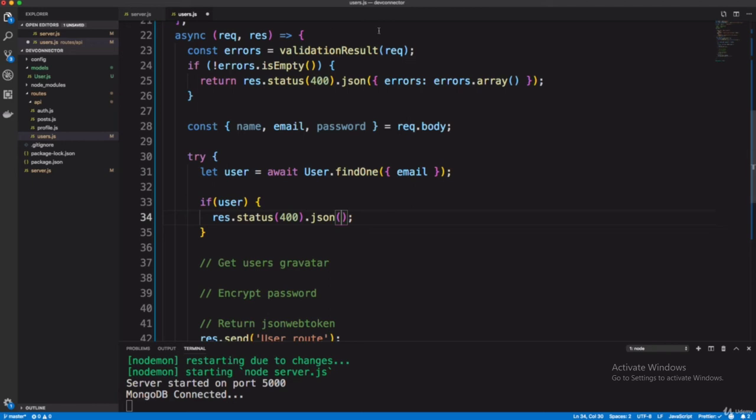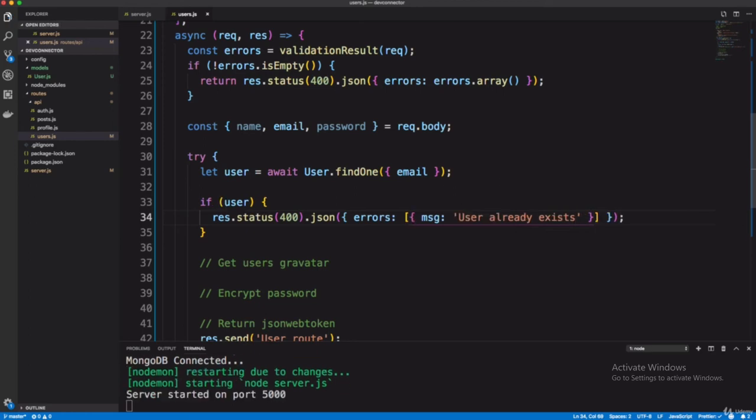Because it's a simple message, you can show it like a message, and in errors you can write in curly braces message: email exists, something like that, or user already exists. Okay, fine.